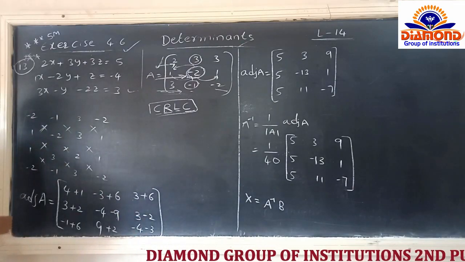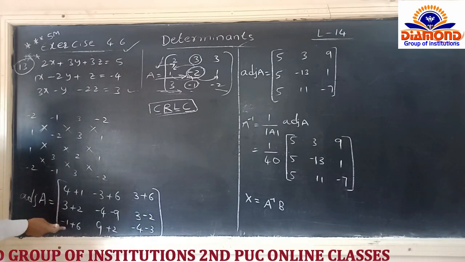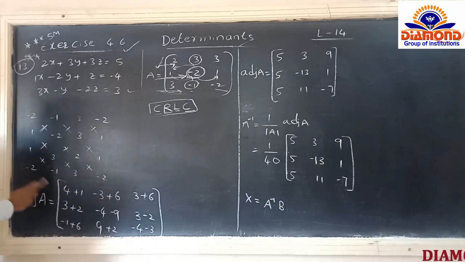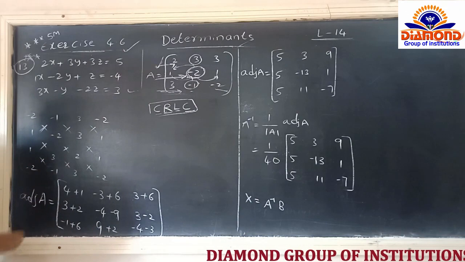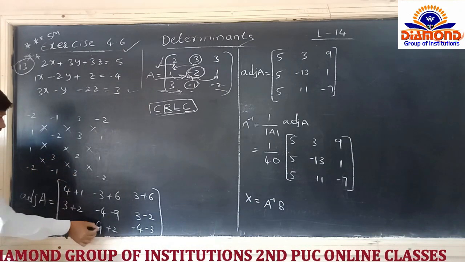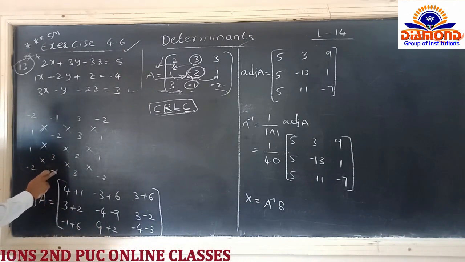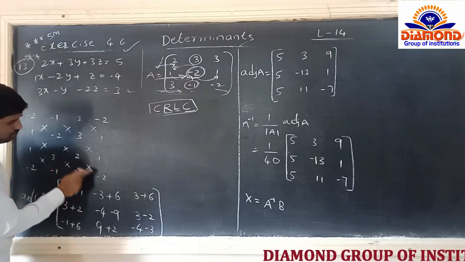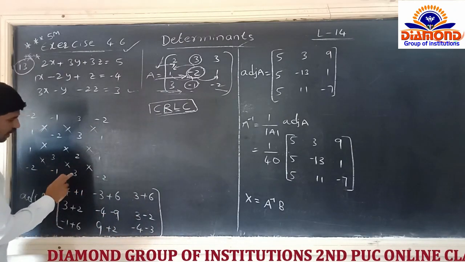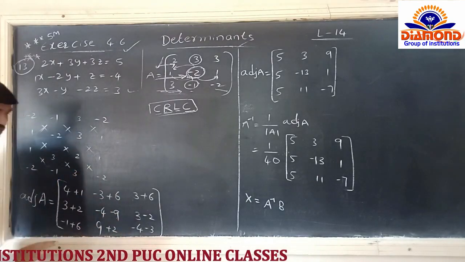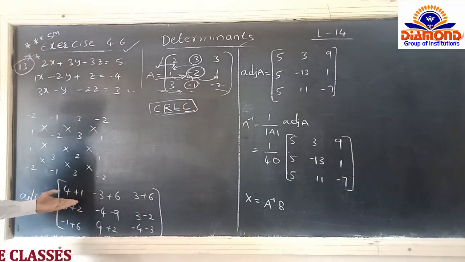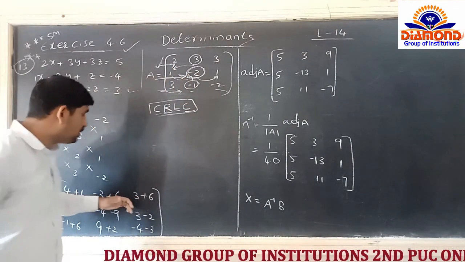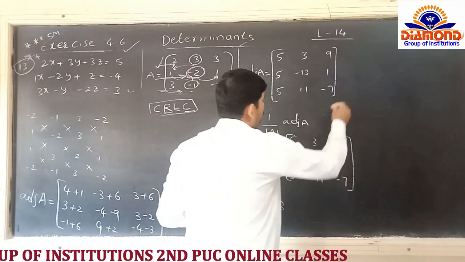Completed now? And the last one is plus and minus is minus. 1 into 1 is 1. In between minus, but having minus here, that's why plus 3 into 2 is 6. Next one, last one is 3 into 3 is 9. In between minus. So minus 1 means we have completed the plus 2 here. Next, see, plus and minus is minus 4. And between minus, so 3 into 1 is 3. Completed now? Next, we know how to make the simplification for this: 4 plus 1 is 5. The simplification for this is the adjoint of the matrix.